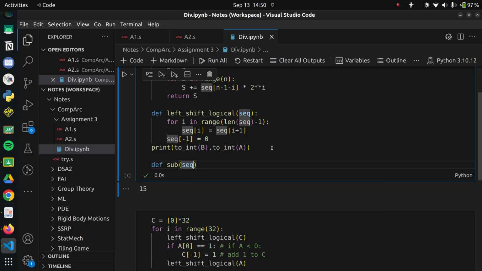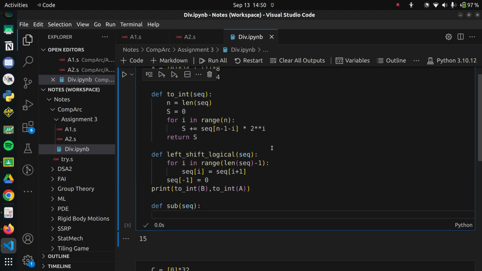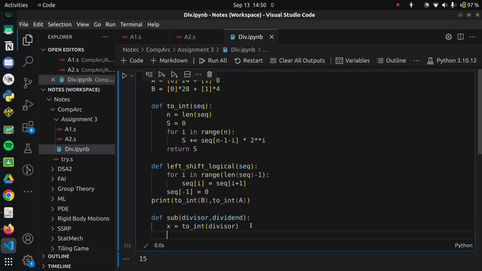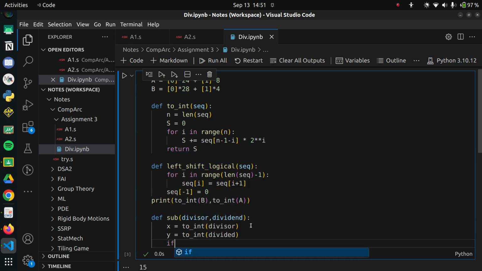So sequence, what I'll do is convert it to integer. So to integer, then we have a sequence, and so divisor, and then the dividend. So we'll convert the divisor to something, basically like x. I don't know. We'll say y is equal to integer dividend. Now if x is bigger than y,